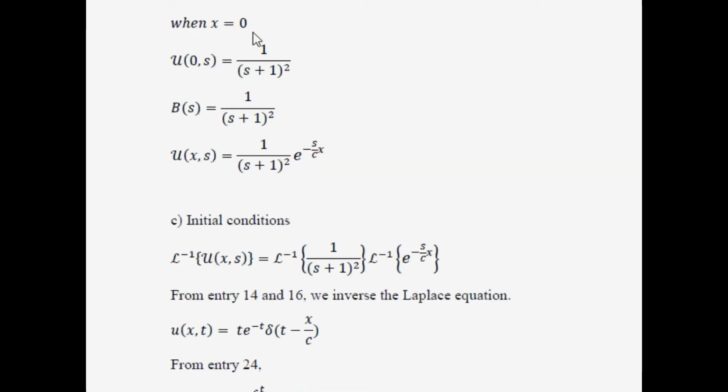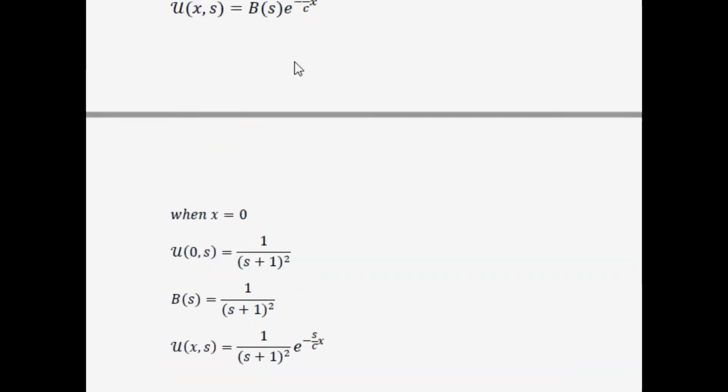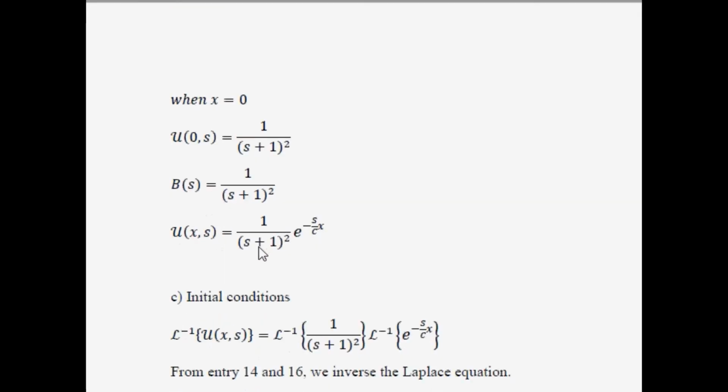When x equals 0, U(0,s) equals 1 over (s plus 1) squared, so B(s) equals 1 over (s plus 1) squared. We plug B(s) in here and we get 1 over (s plus 1) squared